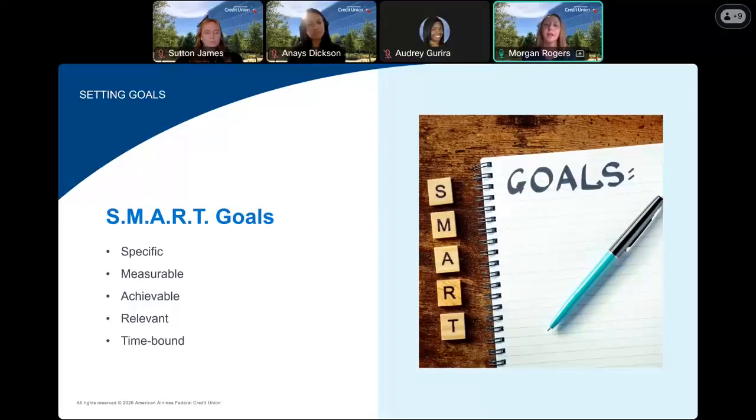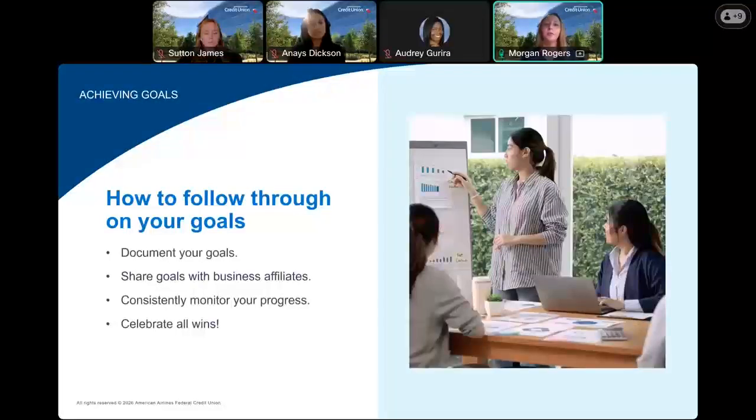So some examples that I can bring up, kind of talked about the goals that our participants entered in. So some SMART goals you can set. A lot of members could even use this as an example. So my goal is to grow the small business social media page followers by 100 over the next 6 months. So this is a SMART goal because it is clear, uses numbers, it's realistic, benefits your business, and has a deadline. Let's move along. So how to follow through on your goals.